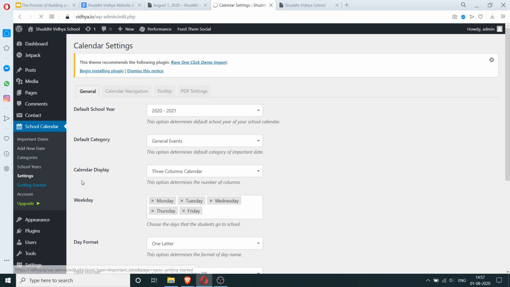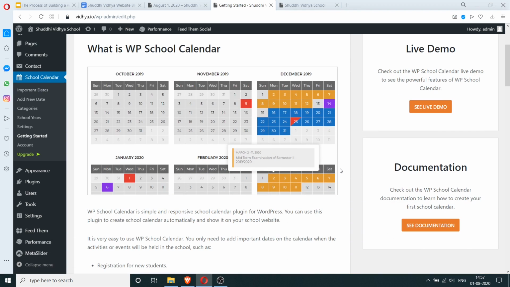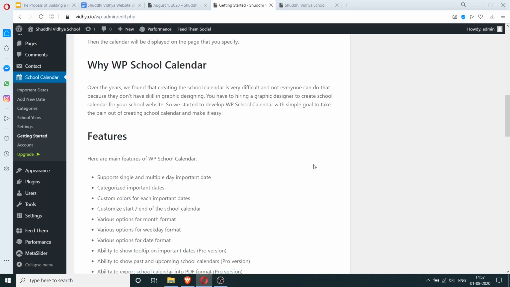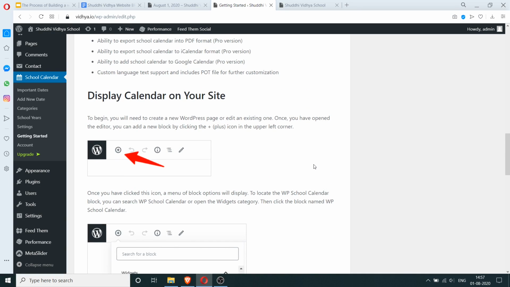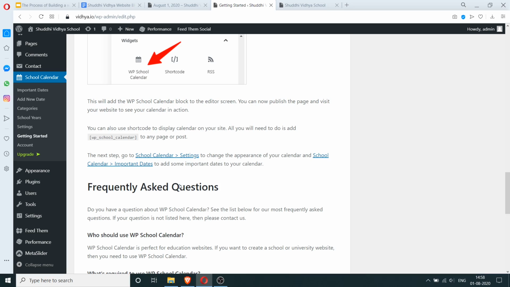So we still need to learn how to use this widget. Let's click on getting started. So in order to display this, we need to select WP calendar.